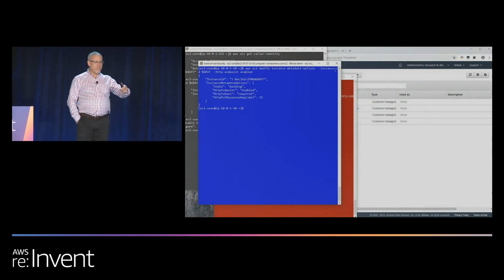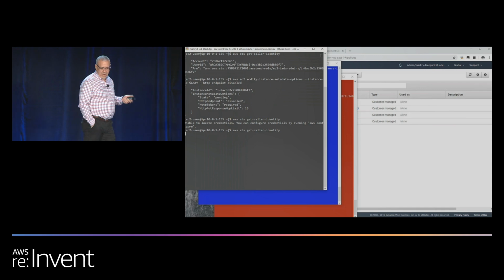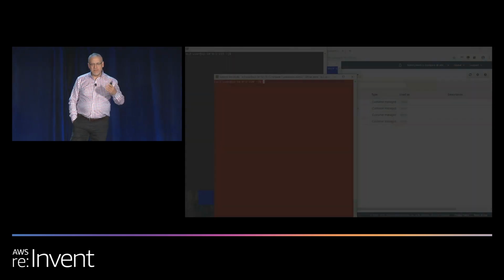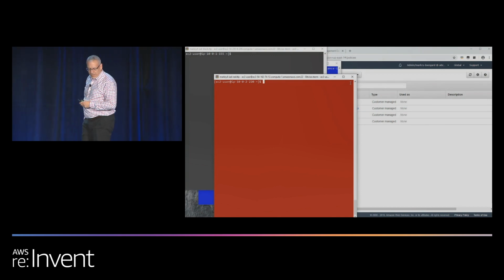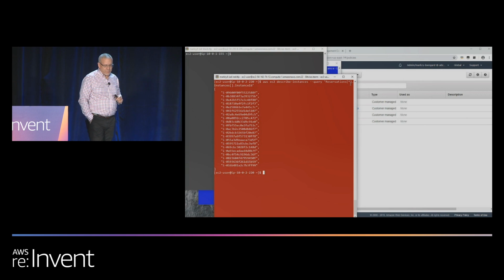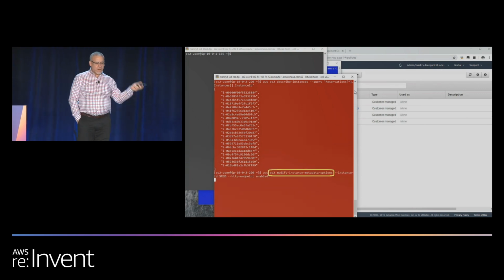And I can't re-enable it because I can't call any APIs anymore. So I go to the other instance, I re-enable the metadata service on the gray instance, and then everything is back to normal. So now I can call APIs again. So there you can see that the CLI is calling the metadata service every single time. So now, again, I can do standard API calls, and I can do modify calls